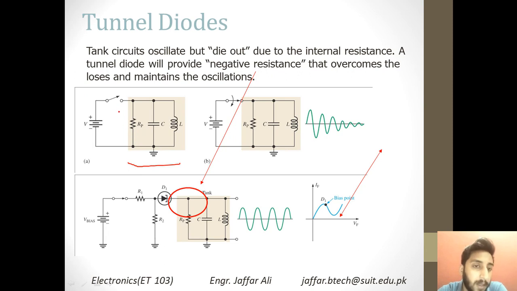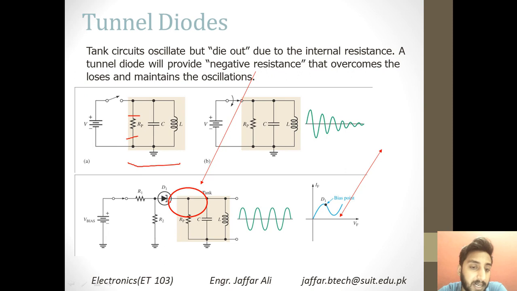And how does this work? You apply some voltage over here, and the capacitor or the inductor gets charged, and here is your load. After you disconnect the circuit, the charge that is stored in the L and C will be drained out at this load over here. So the output of this wave will be going like this, but it will get lost, or losses will be very high. So to keep those losses negligible, you have to put some tunnel diode.